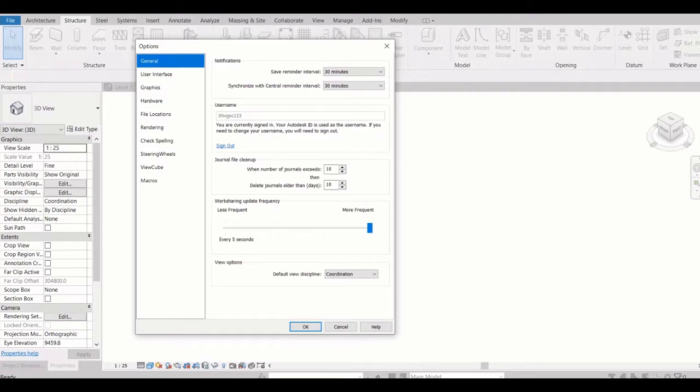For my system, my user ID is DHVGEC123, and because I have logged in with my Autodesk account here, like you can see here, I cannot change my login username. But if you have it in your system, you can edit it and change it, right?